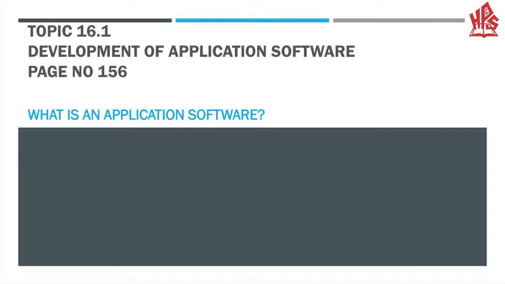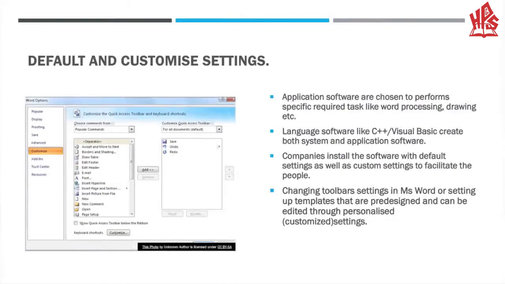In this topic, you are going to come across a few terminologies like application software and language software. First of all, let's discuss application software. An application software is any type of software or program which is built to carry out only specific given tasks. For example, think about a Paint program and a Word program. They both can be termed application programs because they both carry out only the specific task for which they are built.